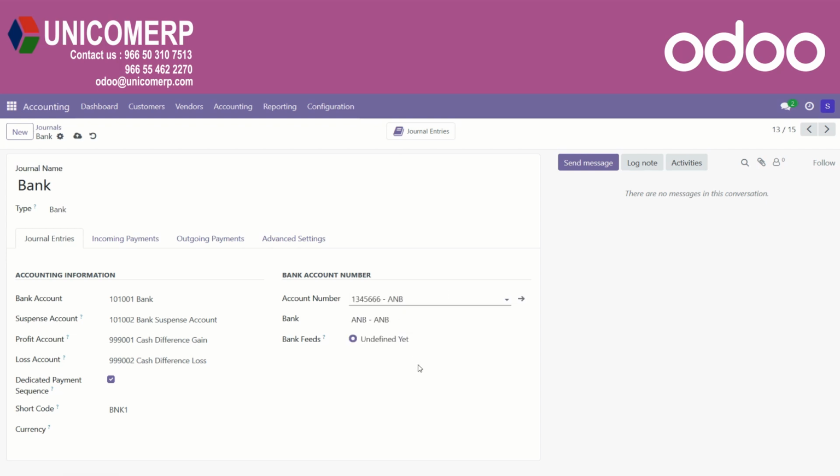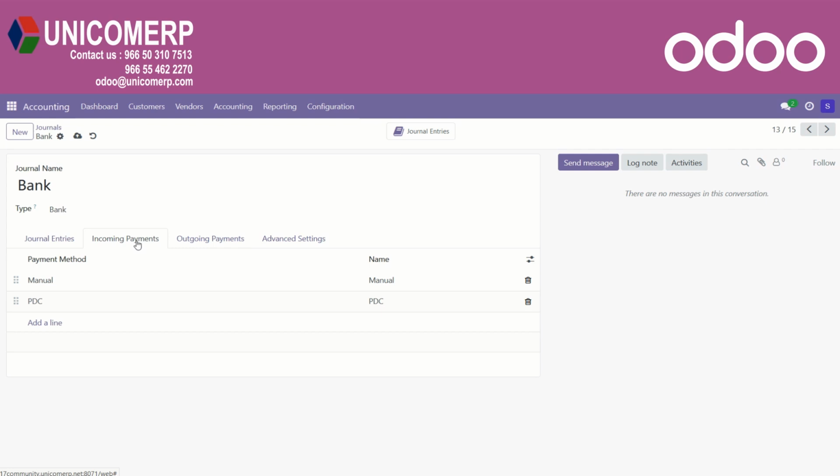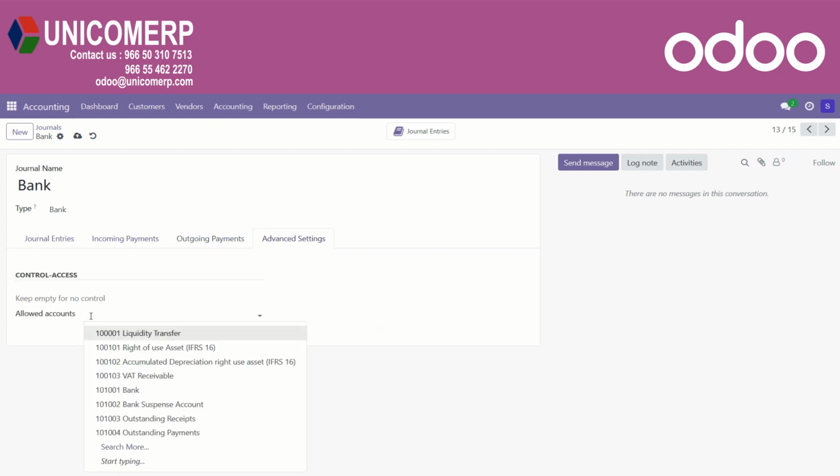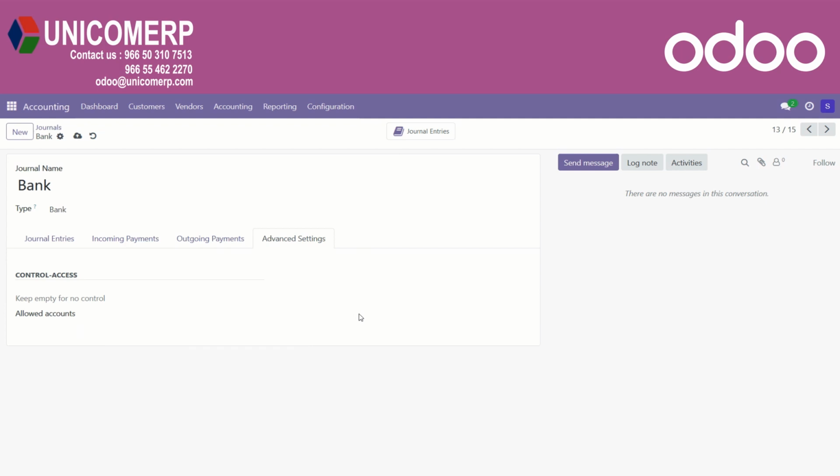And under the incoming payments tab you can define the incoming payment method. Similarly, under the outgoing payments tab you can define the outgoing payment method. And under the advanced settings section, we can set up the control access by choosing the allowed account type. So these are the basic configurations of journals.